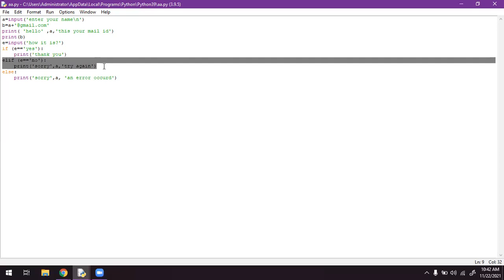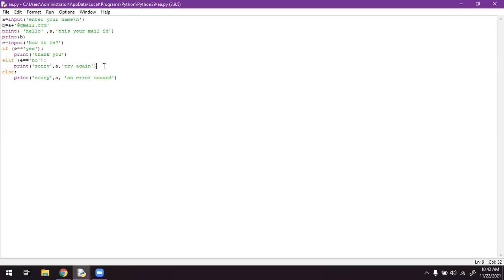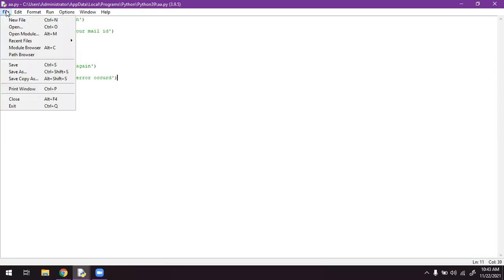If you write multiple conditions, then it will be called if elif condition. This is the simple program. I will save this for you to practice writing this one.